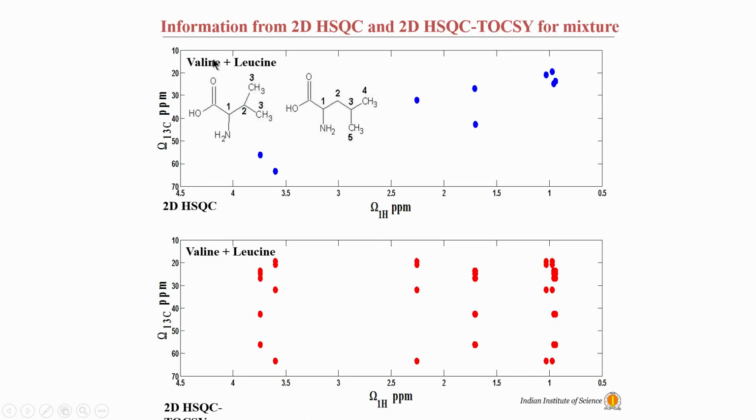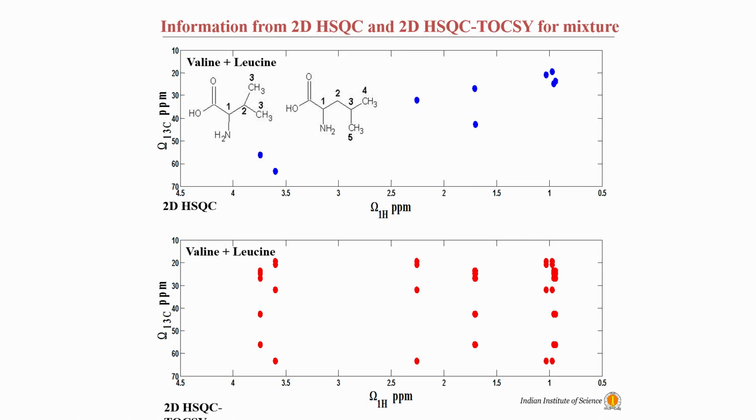Suppose I have a mixture of valine and leucine, and this is something which I told you, in a protein we will have many amino acids like this. In fact, we may have many valines, we will have many leucines. So, you will end up with a mixture of many amino acids. It is similar to a mixture, although they are all joined together by a peptide bond, but each amino acid is a separate molecule, a separate family. So, you can imagine a protein chain which consists of many amino acids joined together actually as a mixture of molecules, a mixture of amino acids.